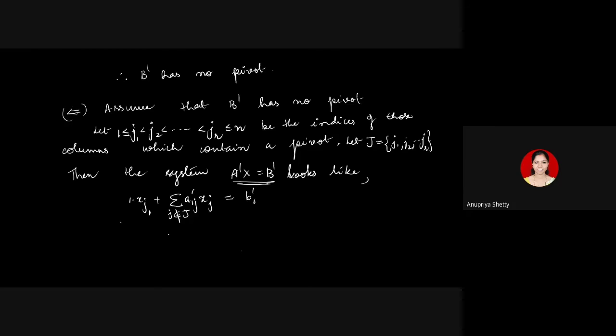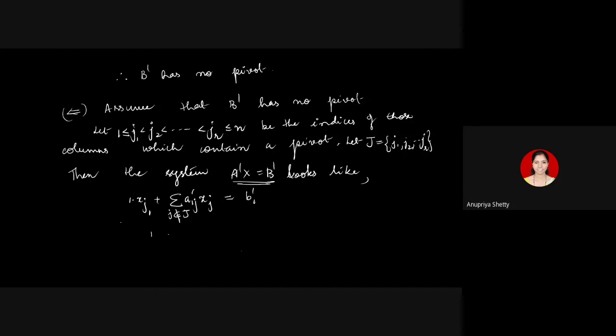What should be the second equation? I would get exactly R equations, remember, because there are exactly R pivots. If there is no pivot in a row, then that row has to be 0. So I would get exactly R equations. The first pivot is in the j1th position, so the next rows won't have a pivot in the same position. The pivot of the second row will be to the right of the pivot in the previous row, so here all zeros we'll get.